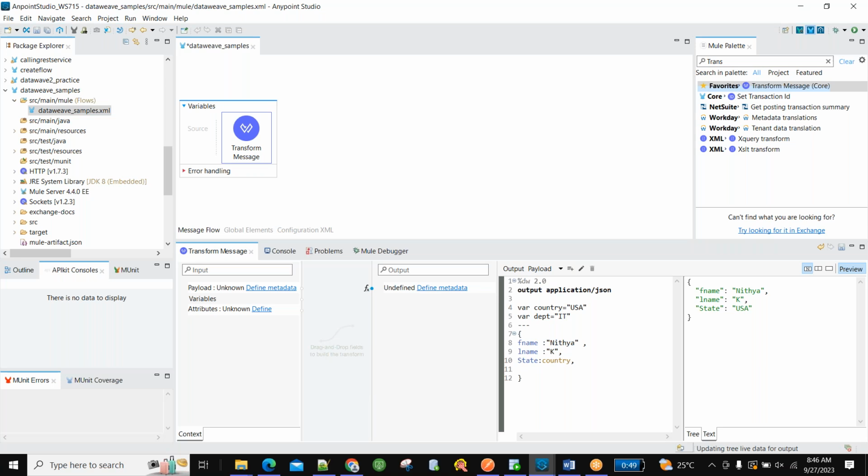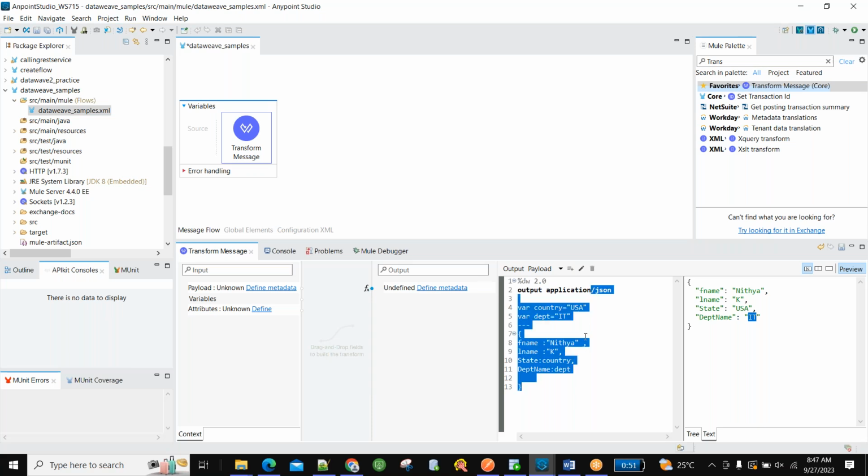So in your logic implementation, if you need the department value, you can do that. See, IT. So you can declare the variable as per your requirements, create it once, and reuse it at n number of places.